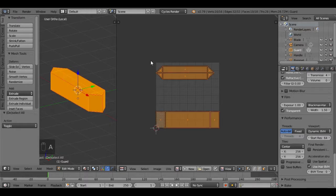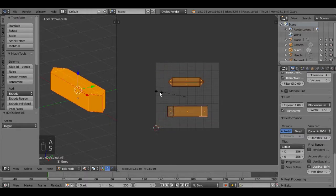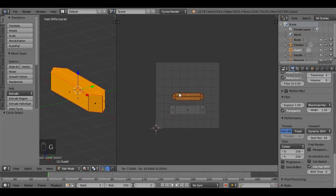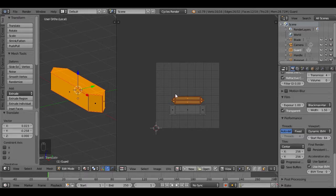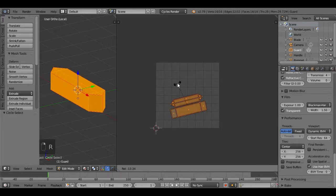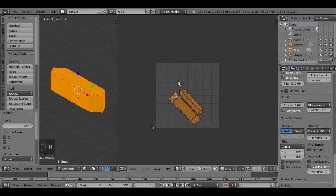These are a lot bigger than we need them to be, so we're going to go ahead and scale them down, and I'm going to select these ones again, bring them closer to each other. Since they're all going to be the same color, having them this close won't affect the final result too much. I'm going to go ahead and rotate 45. Actually,